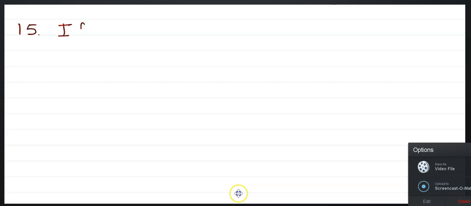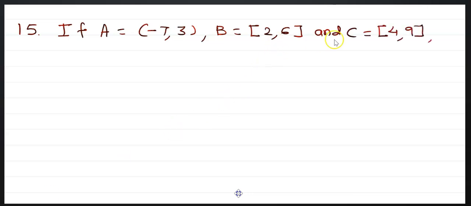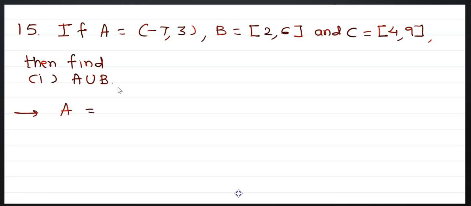Now the question number 15. If A is equal to open interval minus 7, 3, B is equal to closed interval 2, 6, and C is equal to closed interval 4, 9, then find A union B. Now to find out A union B,